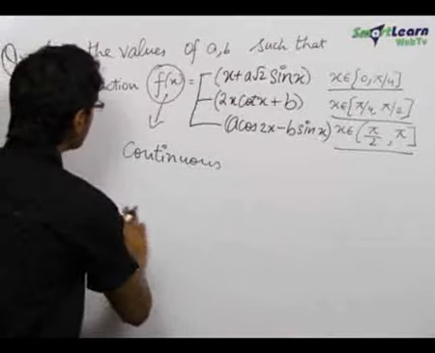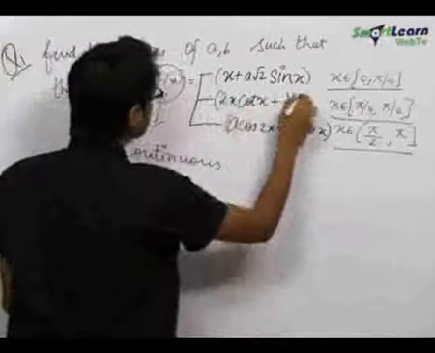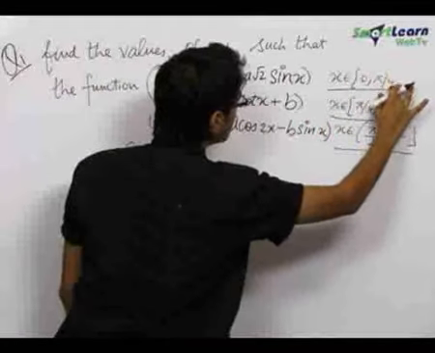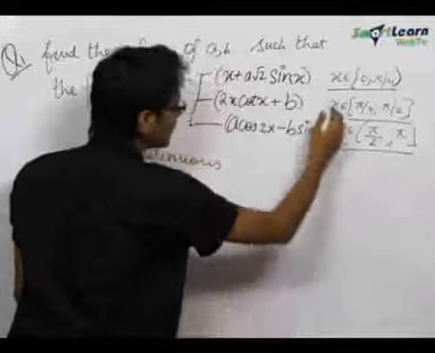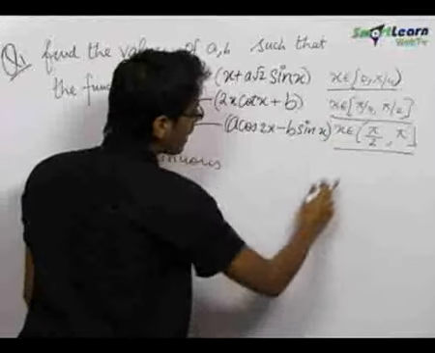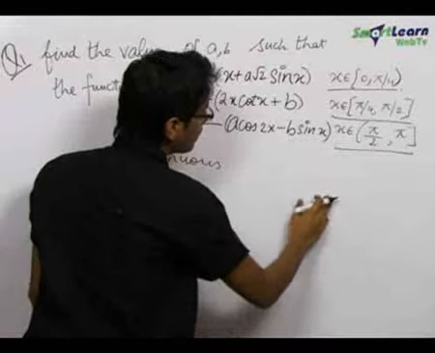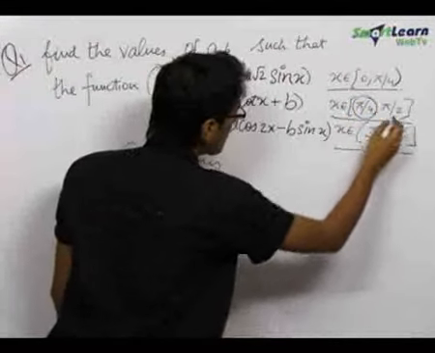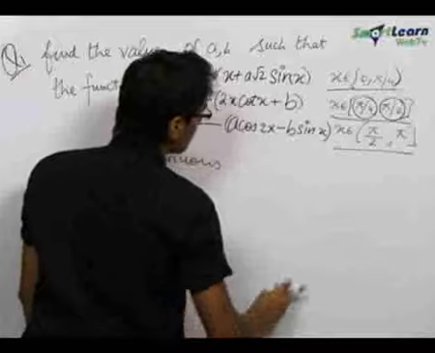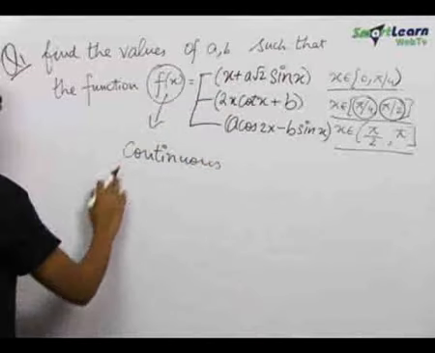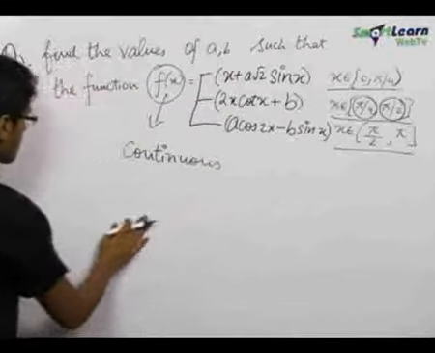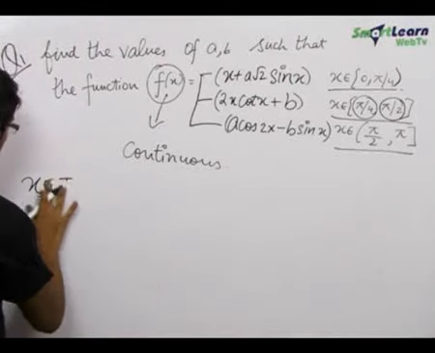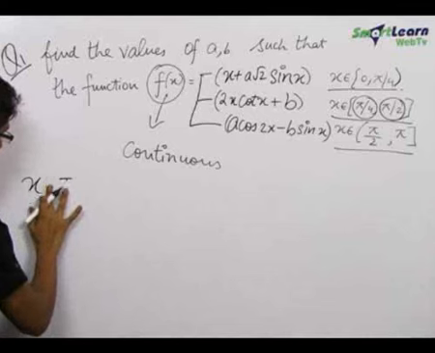So in order to proceed with this question, we see that f(x) has been defined in three different intervals. First is x belonging to 0 to pi by 4, then x belonging to pi by 4 to pi by 2, and x belonging to pi by 2 to pi. So we see that the internal points given in the problem are pi by 4 and pi by 2. So we have to check the continuity of the function f(x) at these two points. So first checking at x equal to pi by 4,